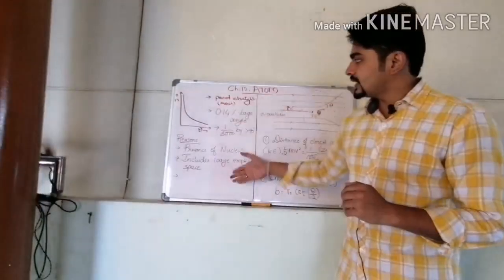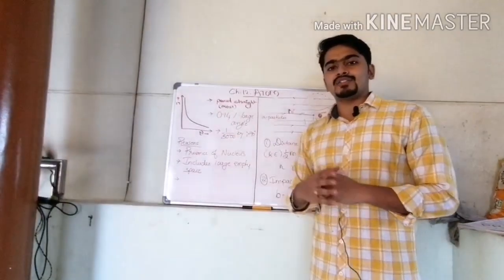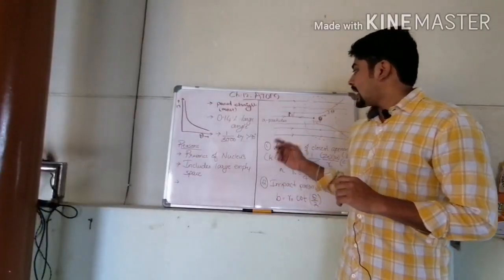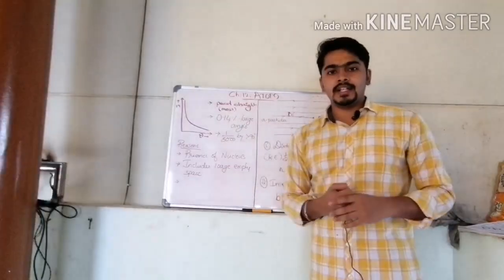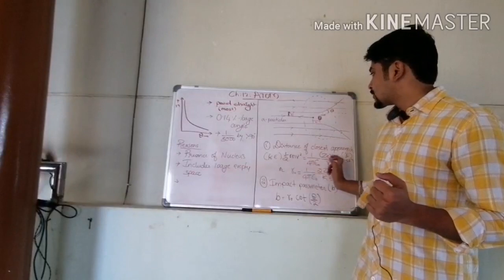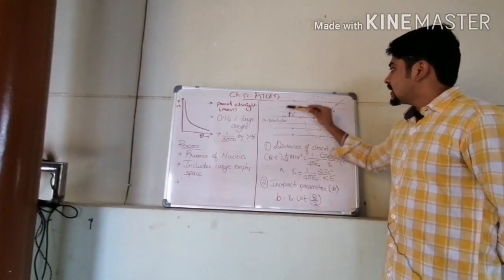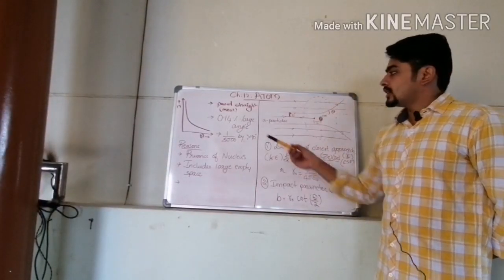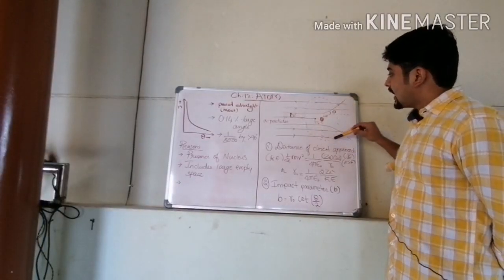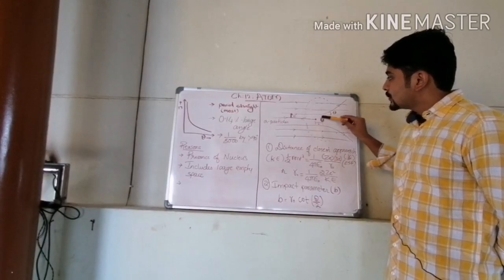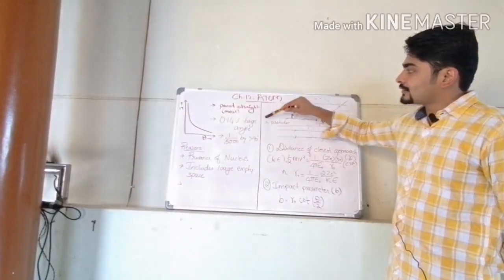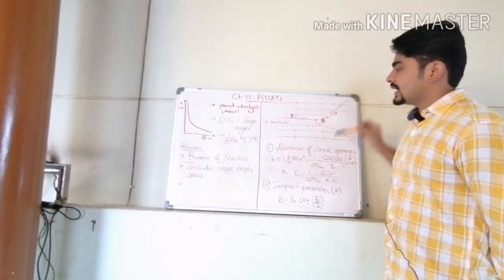According to these reasons and ideas from Rutherford's alpha particle scattering experiment, he gave the theoretical explanation based on these reasons. The first one is the distance of closest approach. Here I have drawn the picture of the alpha particle scattering experiment. If I consider this is the atom, consisting of a nucleus which is positively charged, these are the trajectories of the alpha particles. Alpha particles are moving like this.